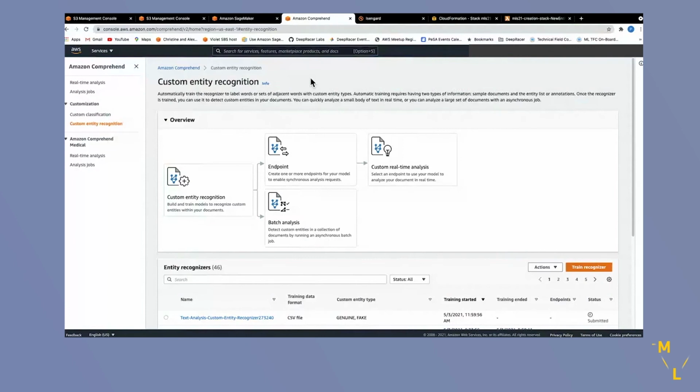As a next step in your workflow, when you implement the solution, you can specify that the entities that were found by A2I as part of the human loop be sent along with the contents of the original document to, let's say, a DynamoDB table so that you can then use it for downstream processing. That will be a logical next step to the solution. So have fun experimenting. That concludes our demo.